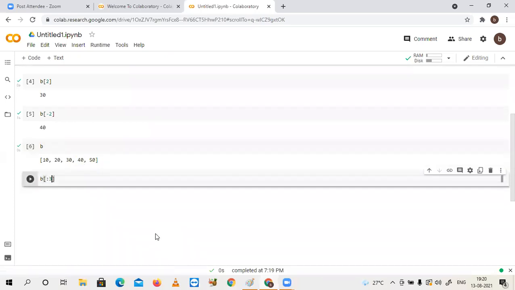Proceed in a positive way first; later we apply negative also. 0 colon 3 takes indexes 0, 1, 2, so the first 3 elements will be taken, because as per our rule, the start index is included and the end index is excluded. I am expecting the first 3 elements.